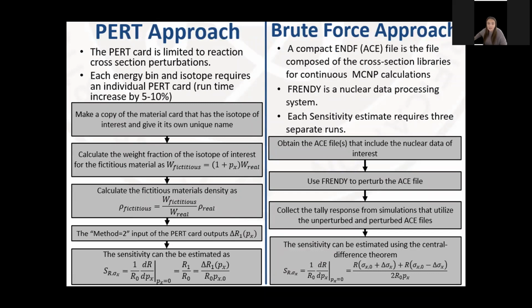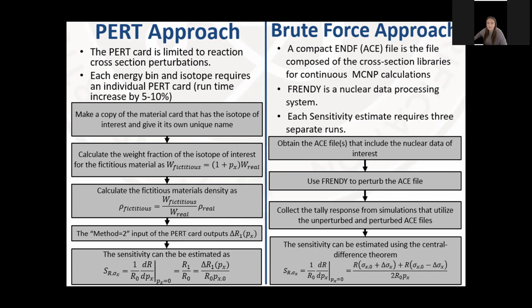For the PERT approach, it's important to note that it is limited to cross-section perturbations, and additionally, each energy band and isotope requires an individual PERT card. These energy bands are the energy range in which you want to perturb the cross-section. It is unrelated to the tally energy bands that you put in. For the PERT approach, you basically just make a fictitious material with its own name card in the file and make a fictitious weight fraction and density. This goes into the MCNP PERT card. It doesn't go into any other place in the file. And method 2 gives you the change in response,